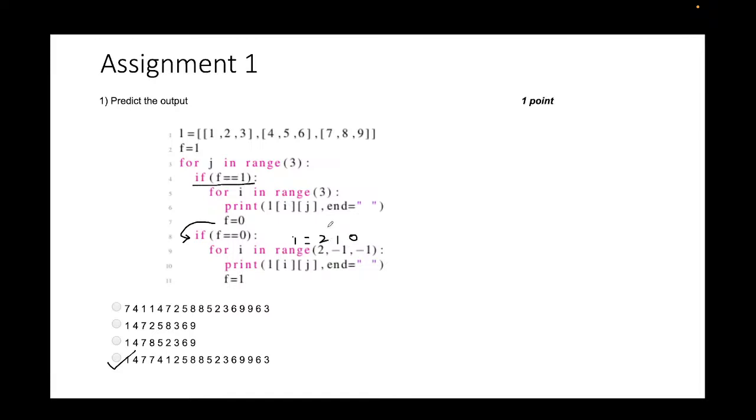Anyways, I will first take the value 2, while keeping J as 0 and I is 2 now. All it does is, over here in this print statement,